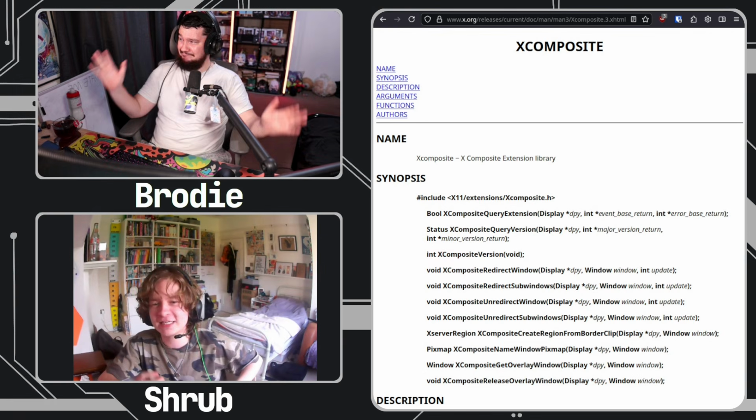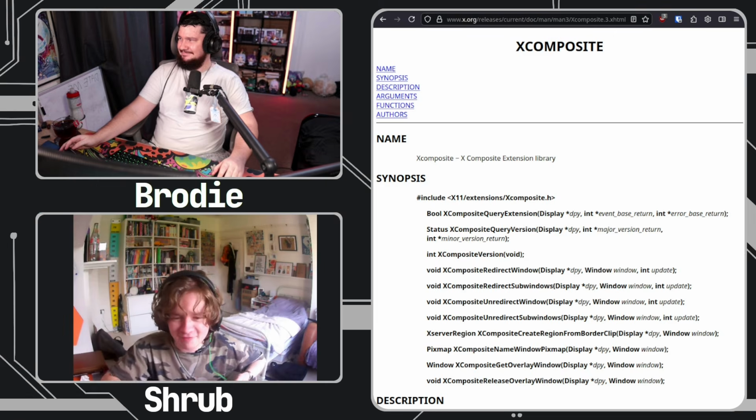Each extension is a library. It's not like an extensible protocol. I mean, imagine if someone did that, right? Each extension is a library. So you have Xfont for server-side font rendering, Xft for the client who wants to do font rendering, Xcomposite I mentioned for compositing, XShm, I don't know how you say that, shared memory for shared memory stuff. Which is similar to some stuff on Wayland, but all of that stuff builds up.